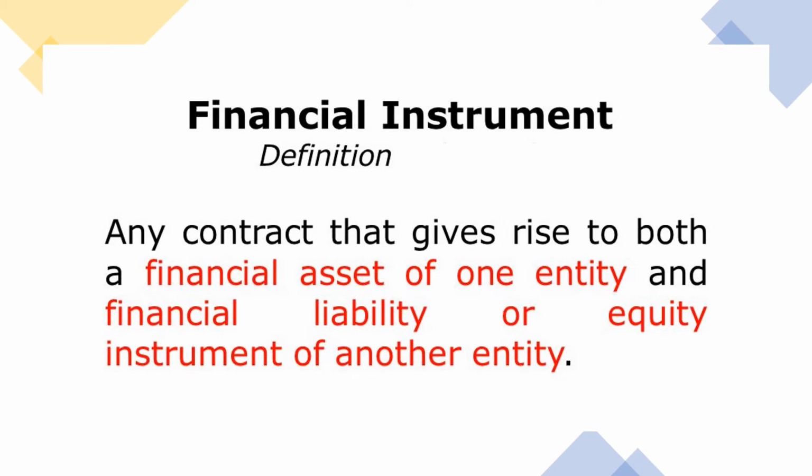Let us start. What is a financial instrument? A financial instrument is a monetary contract between two parties which can be created, traded, modified, and settled. It can be evidence of ownership of an asset. It is also called financial assets and financial products. It gives rise to both a financial asset and a financial liability.